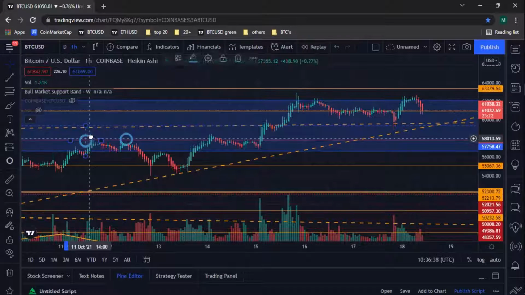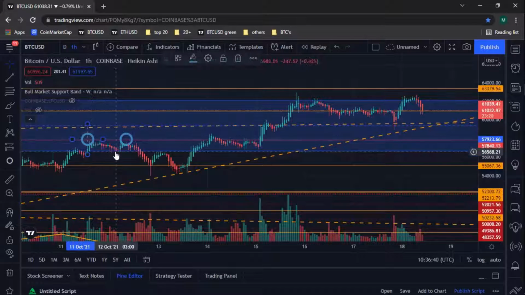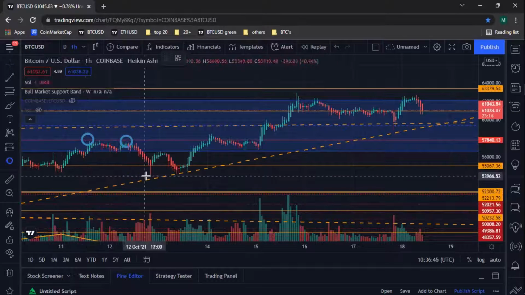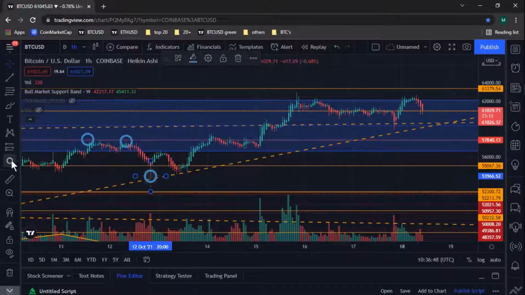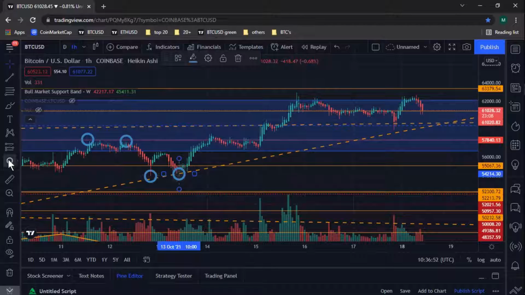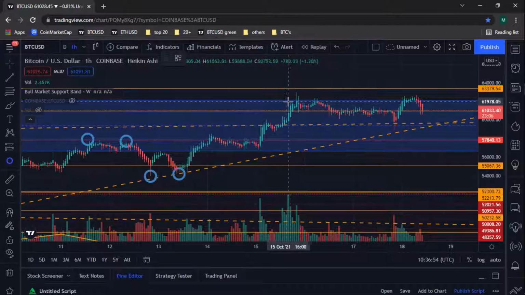Okay, so you can see it better on the 1 hour. So you need price to come down and back up to create a second top. Okay, and then I bought when I had a double bottom. Here we go. And then I didn't wait all the way for this.